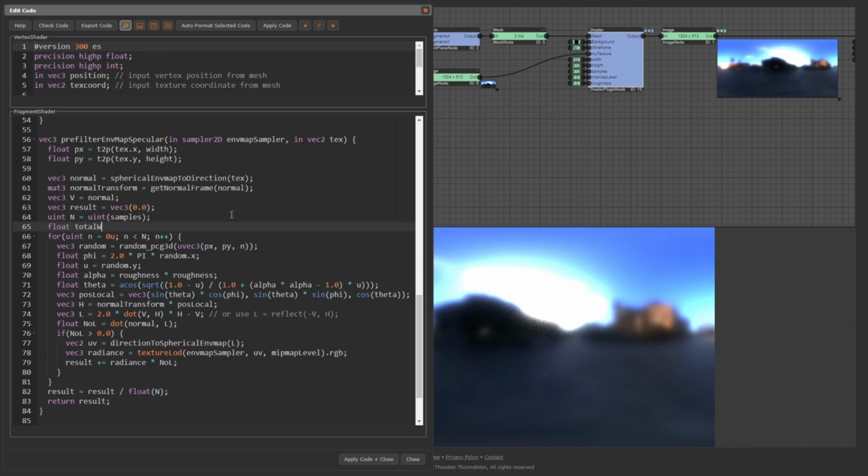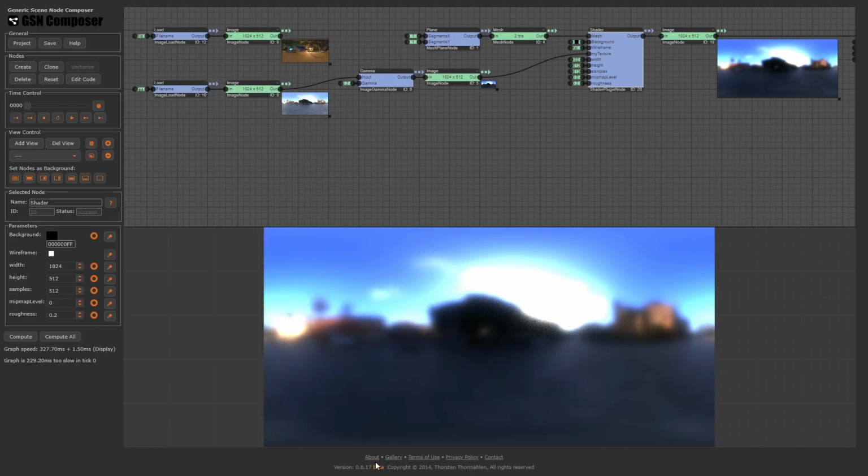Float total weight equals 0.0. Total weight plus equal N.L, divided by total weight. Apply code, recompute. Okay, the difference seems to be rather small, at least for the currently selected roughness value. Apply code and close.